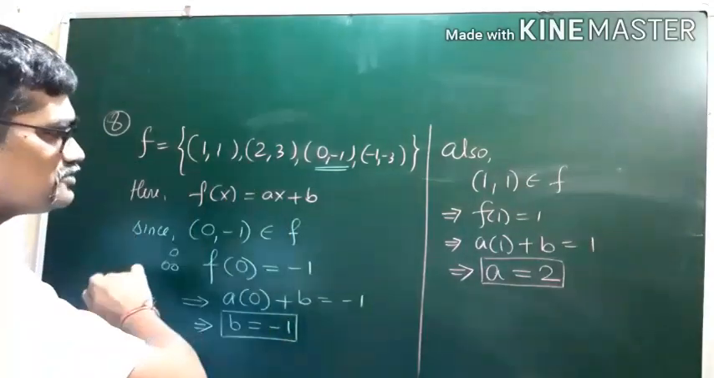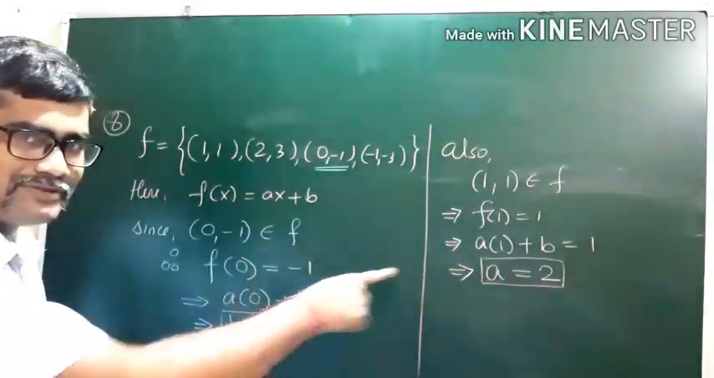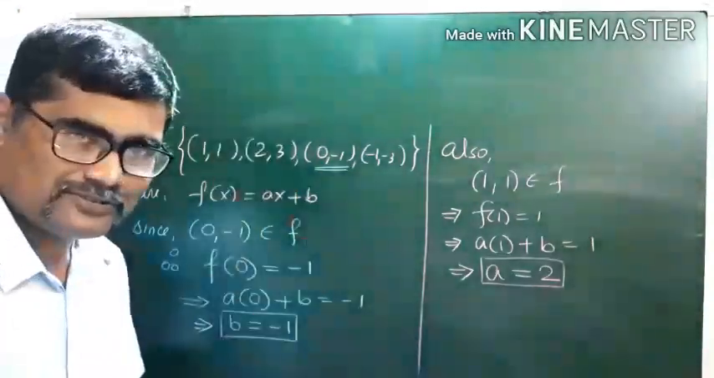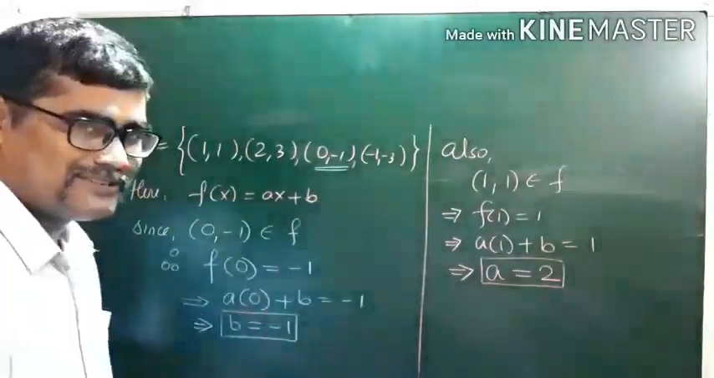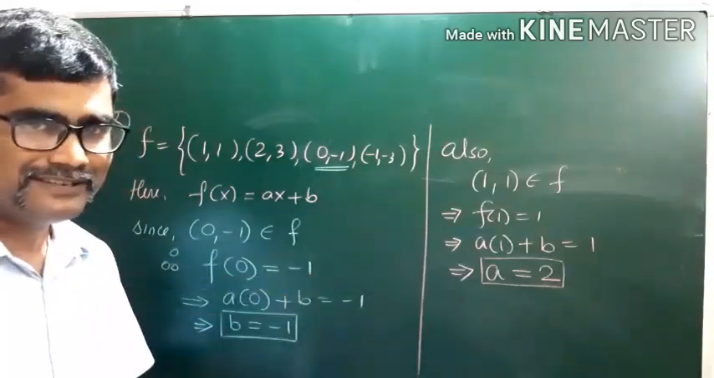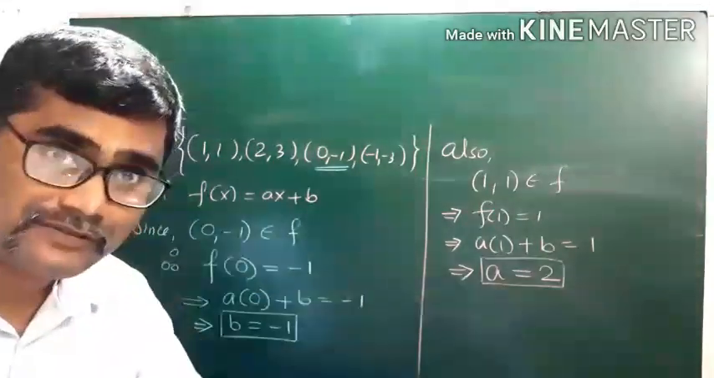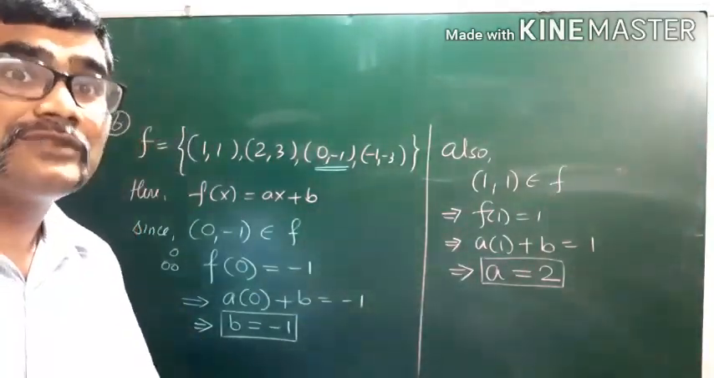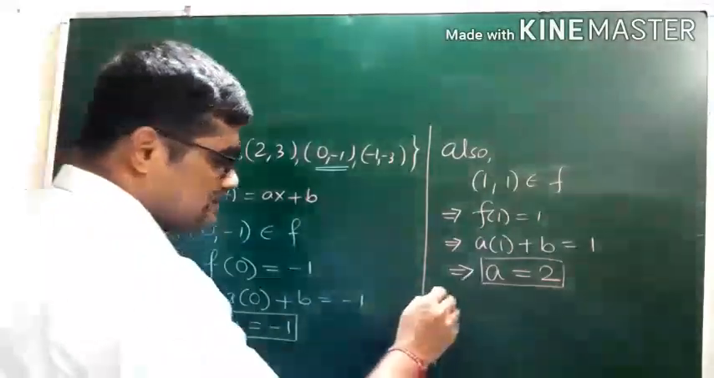Find the image of 2 under this map using this value and see whether it is 3 or not. Find the image of minus 1. See whether it is minus 3 or not. If it is, you are correct, right? So that's what now we have to verify. You need not write that we are going to do the verification. Simply you write now